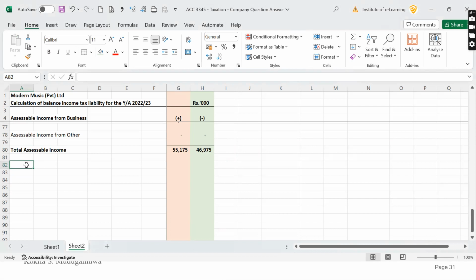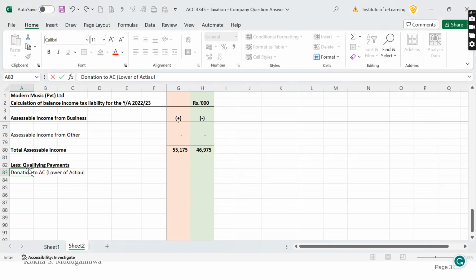After calculating total assessable income, you can deduct any qualifying payments. Qualifying payment I just put as QP. If you want, I can write down qualifying payment. You can deduct it under this. If you have a donation to an approved charity, you can get it with the limit of the lower of the actual amount